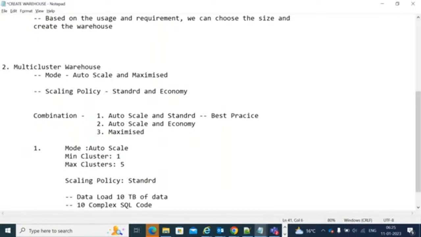You're submitting 10 complex SQL codes to execute and retrieve the data from Snowflake. Here also, it will calculate internally. Suppose the user XYZ has submitted around 3 queries, the user ABC has submitted 4 queries, and another user has submitted 3 queries. So multiple users are submitting